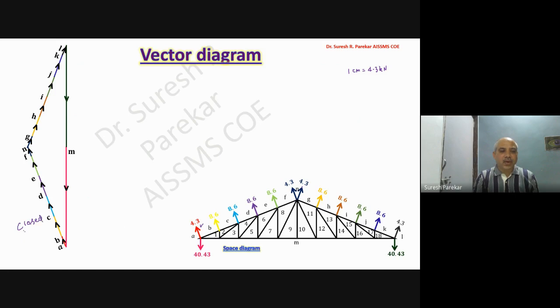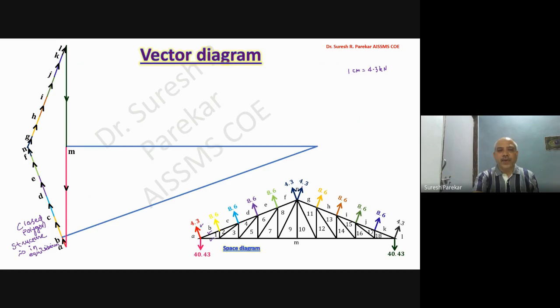When we have a closed polygon for external forces and reactions, we say the structure is in equilibrium. So our structure is in equilibrium. Now we are in a position to find the forces in the members. In the same way we will go. This one is common for member B1 and then M1, so we will plot B parallel to B1 and M parallel to M1, and that gives me point 1.